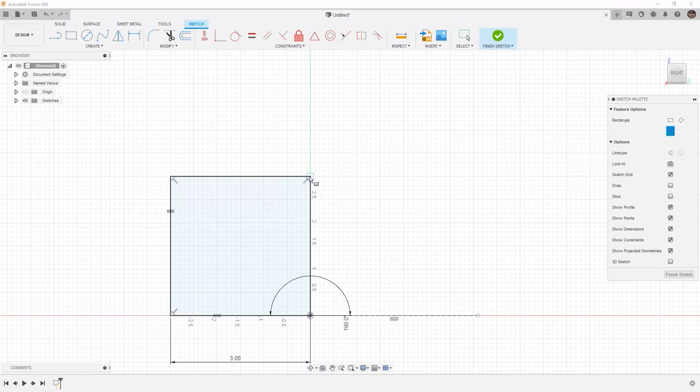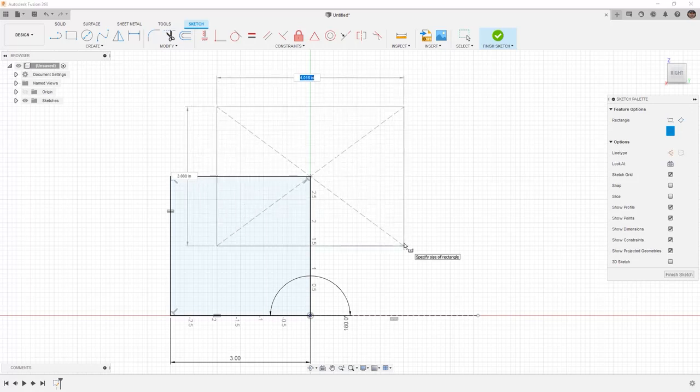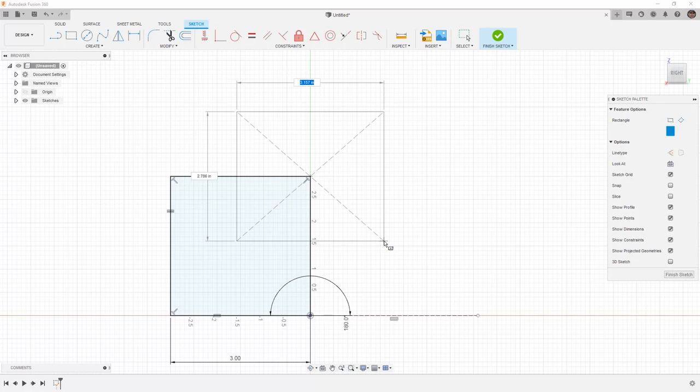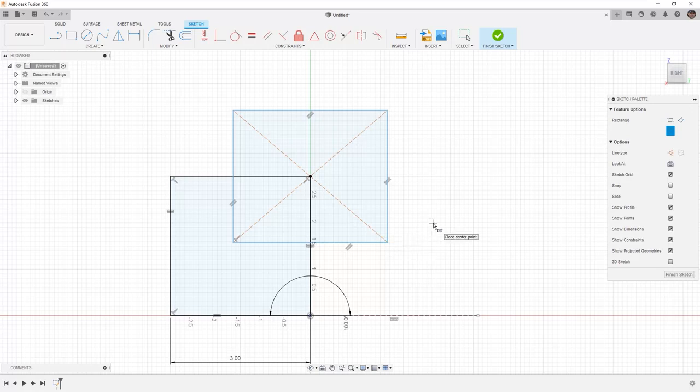I'm going to snap to the corner point that's above the origin, and I'm going to begin dragging this out. Notice that, again, we have the highlighted dimensions. If I were to just left-click without applying those dimensions, my entire rectangle is completely underdefined, with the exception of its center point, which we clicked on an existing point. I'm going to hit escape to get off my rectangle tool, and I want to take a look at applying